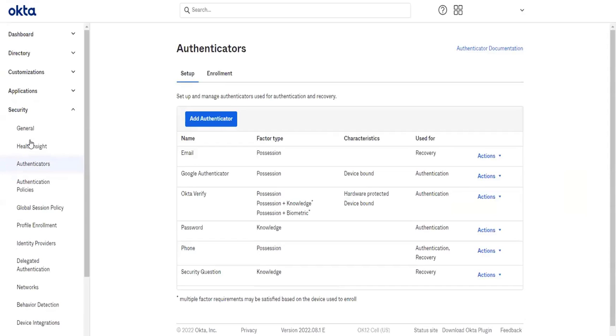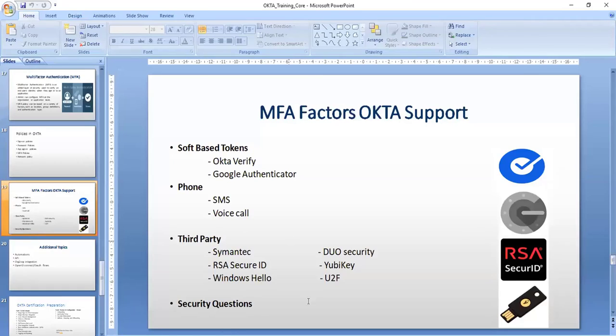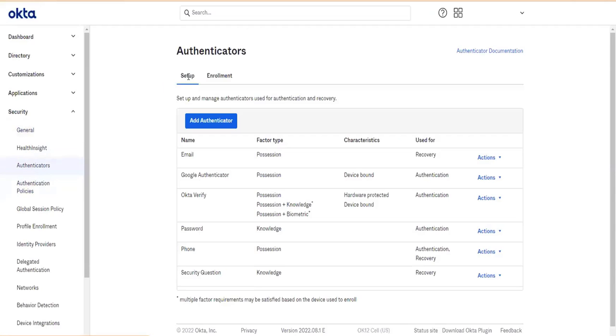The first option is that you can select which factor you want. We have talked about all these factors, right? So you can configure which factor you want for your organization. How you can do it is, if you go to the Authenticators tab, you can see an option called Setup.